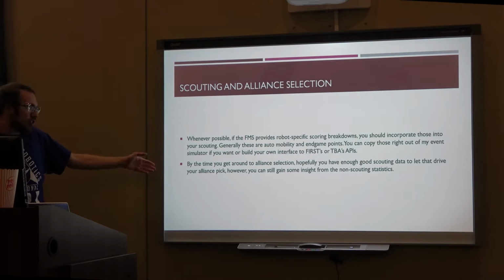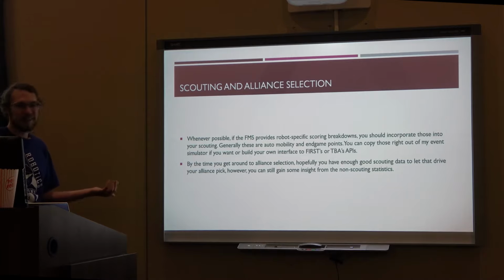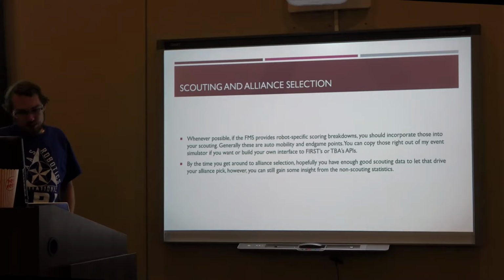For alliance selection, hopefully by the time you get around to it, you have enough good scouting data to let that be your alliance pick. You don't want to be relying too much on these other metrics. But there are still some insights you can gain from these non-scouting